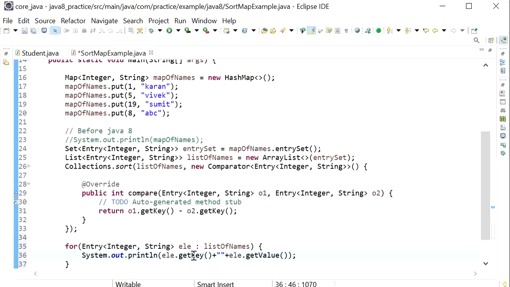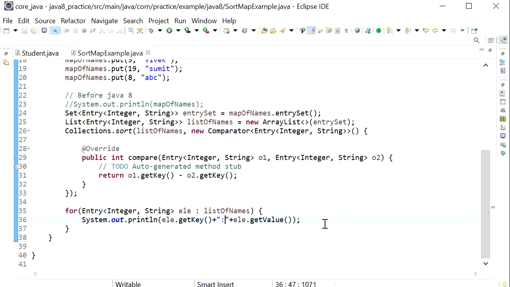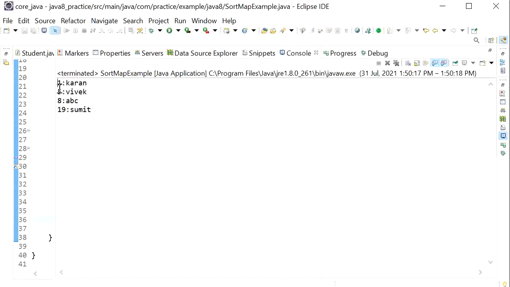Now if I print these elements of the map, we can see it provides the sorting order based on its key. Here we can see the output is first 1, 5, 8, 19. This is ascending order.